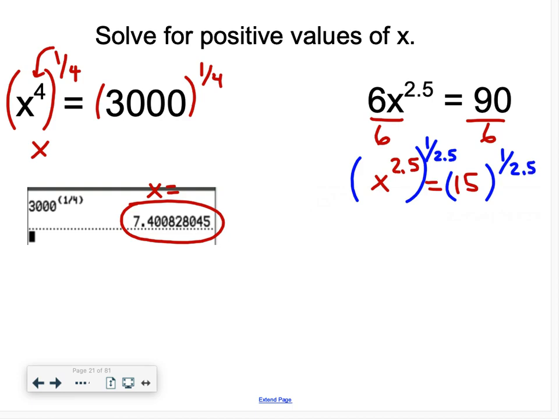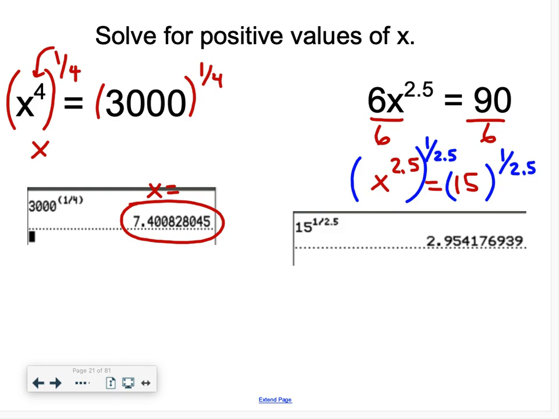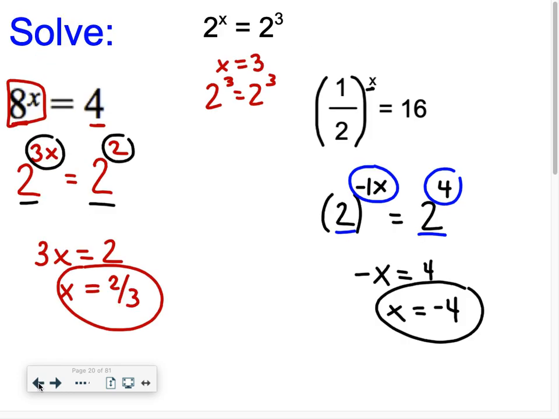Okay, so then you pick up your calculator, because I don't know what 15 to the 1/2.5 power is. So I type that into my calculator, and you get 2.95. So there is your answer right there. So they're pretty quick solving, but you're going to have to wrap your head around the difference between these power functions and these exponential functions. So spend some time